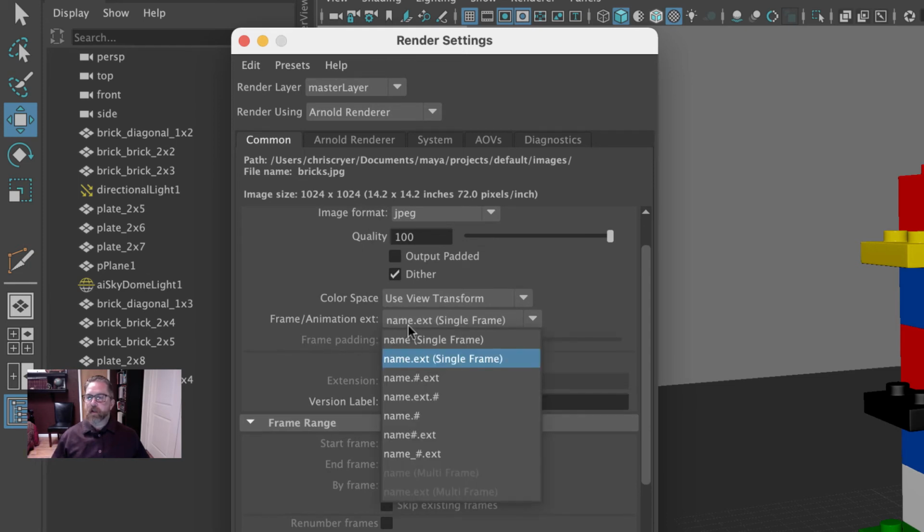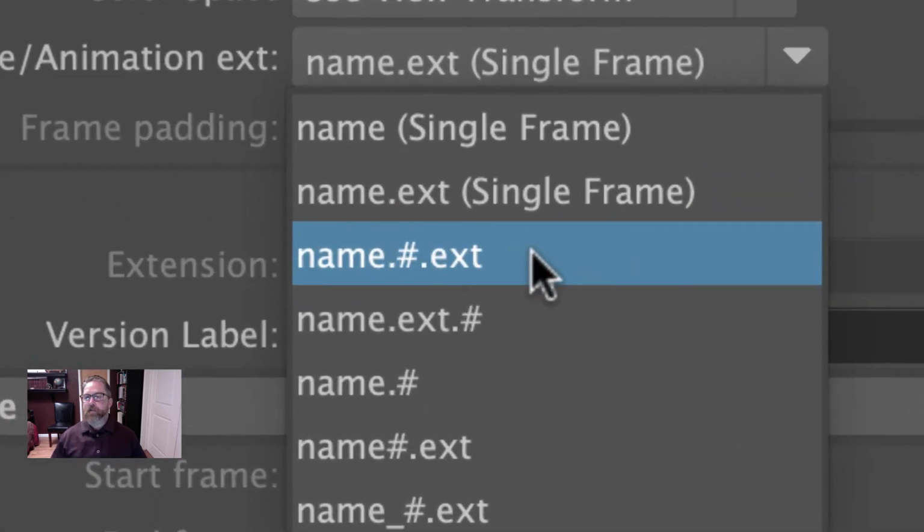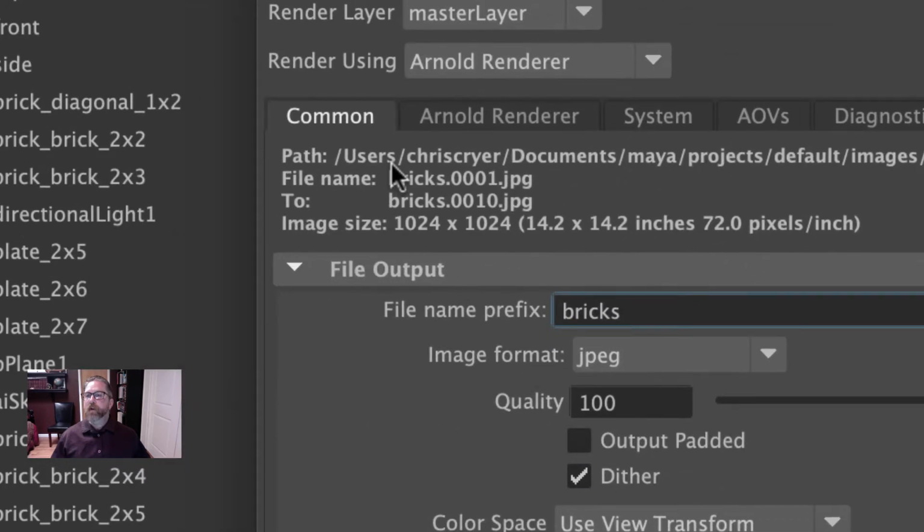set the animation extension. And that's name.number.extension. There's lots of variations of that, and so it's fairly common, the first time you're going through this process, to select the wrong one. So take a look there, name.number.extension, that's the one that we want. And if you look up here, it says